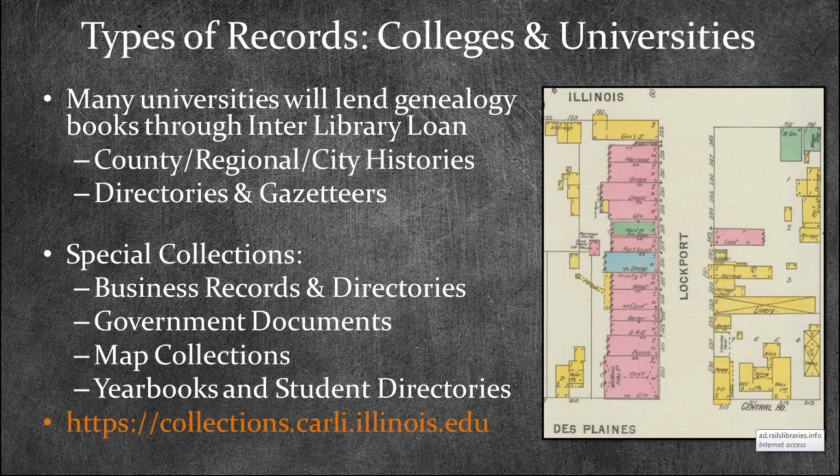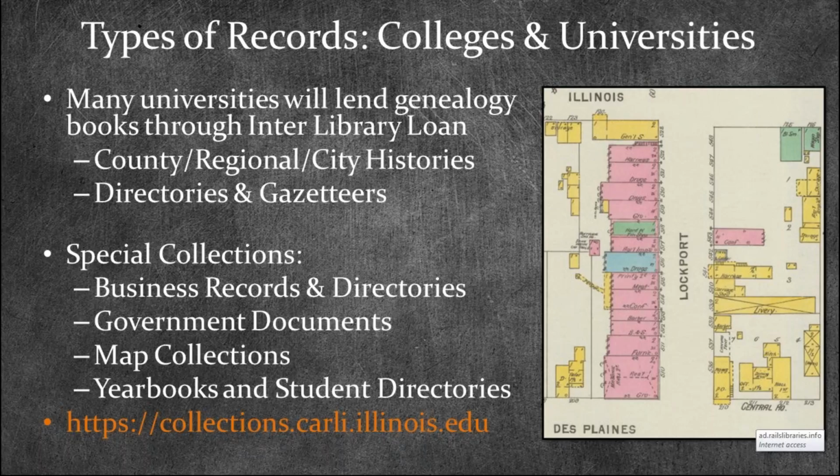But don't think that it has to just be books either, because a lot of libraries will lend microfilm as well. So you just have to contact the library and find out if it's something that they will circulate. So if there's a newspaper that they have that nobody else seems to have, or it's some other type of directory that they're the only owners of, then you can usually contact them and see if they'll lend it, or at the very least, they're more than willing to make copies up to a certain amount in order to provide those for your patrons.